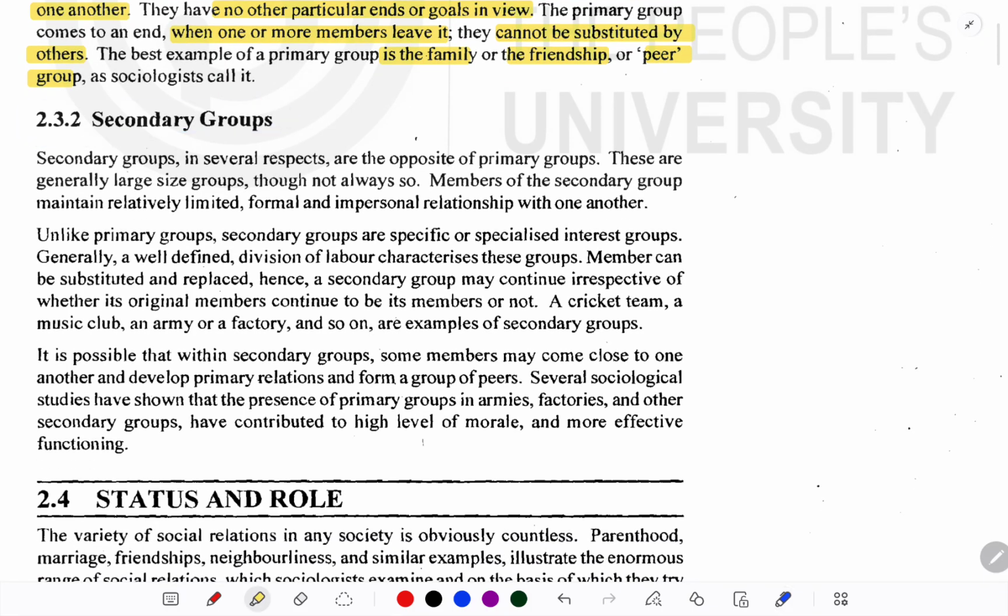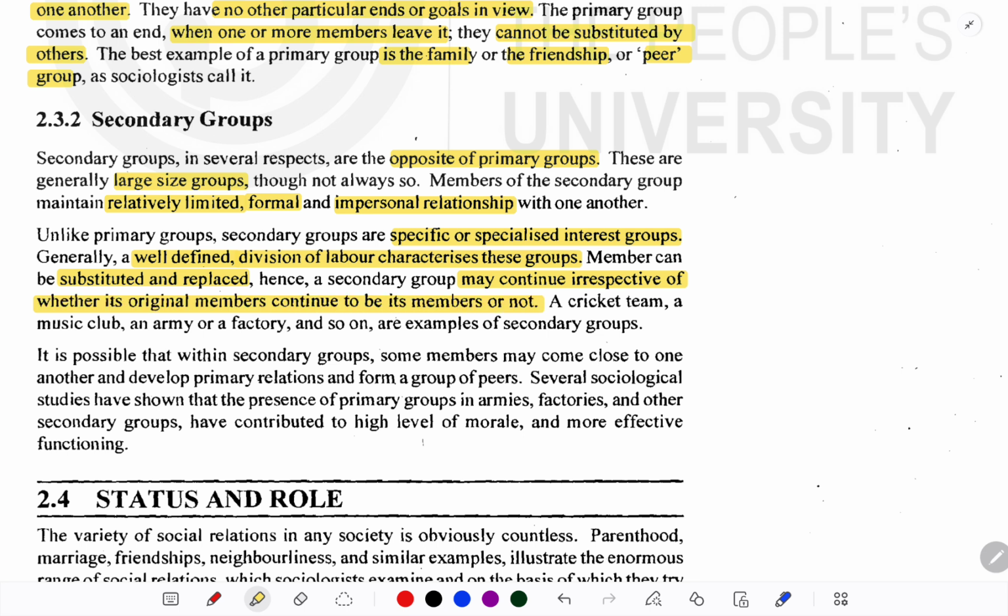Secondary groups. Secondary groups, in several respects, are the opposite of primary groups. These are generally large size groups, though not always so. Members of the secondary group maintain relatively limited, formal, and impersonal relationships with one another. Unlike primary groups, secondary groups are specific or specialized interest groups. Generally, a well defined division of labor characterizes these groups. Members can be substituted and replaced, hence, a secondary group may continue irrespective of whether its original members continue to